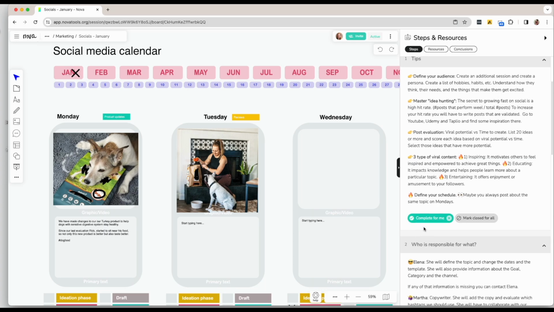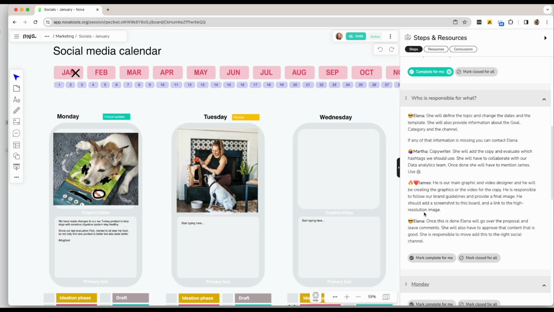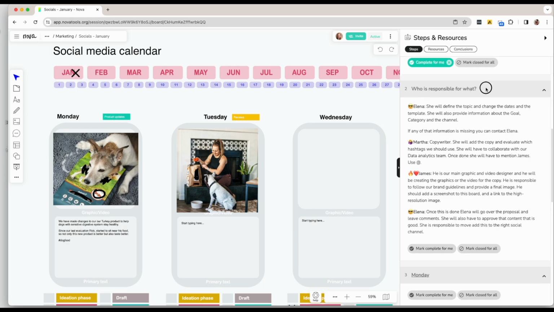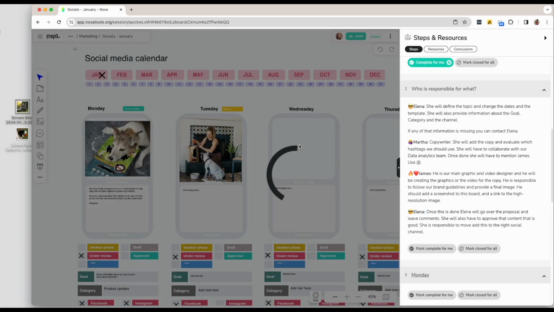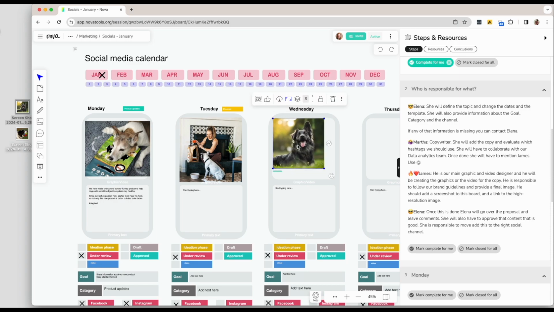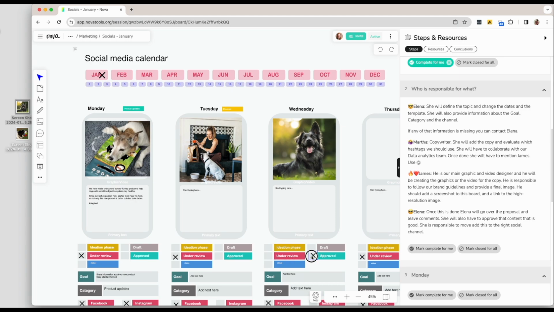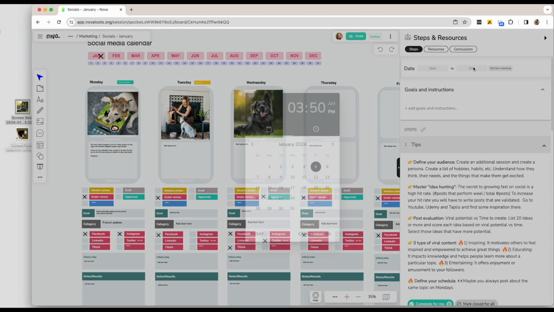For example, the copywriter will have to start by writing the content. Once this team member is done, the designer will have to create the graphics, and maybe after, the manager or client will have to approve it. Once approved, the marketing coordinator can add it to the social media manager platform they use. The marketing coordinator can add a due date to ensure everyone knows by when he or she needs to have